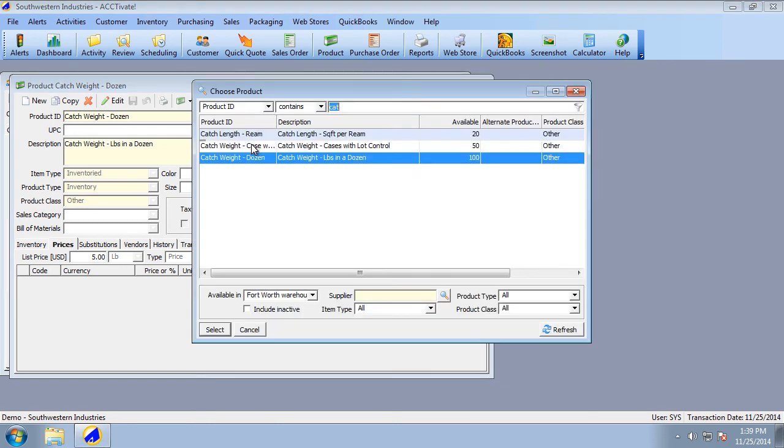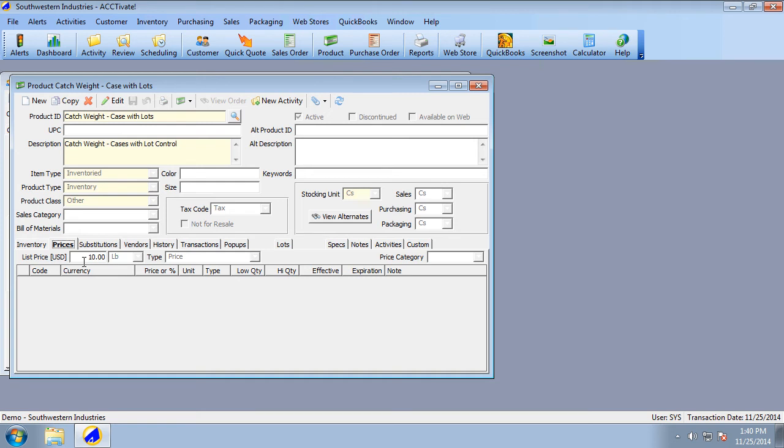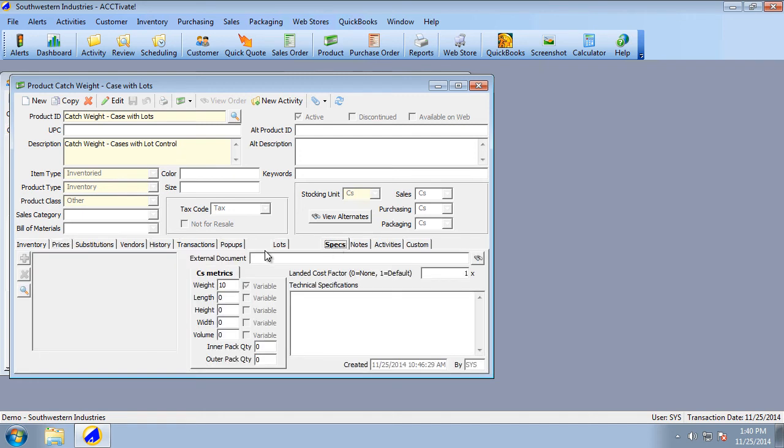And then I've got one more item just so we can show what catch weights looks like with lot numbers. So we've got this lot numbered item that's using actual cost, and it's stocked and sold in cases. And then we want to price it by pound. So let's say we've got cheese as an item and we order cases of cheese. Well, when we sell that cheese, we want to actually price it based on the weight of the cheese in that case. So we have an average weight of, let's say, 10 pounds per case. But whenever we actually weigh it, it could fluctuate between 9 to 12 pounds depending on the humidity,